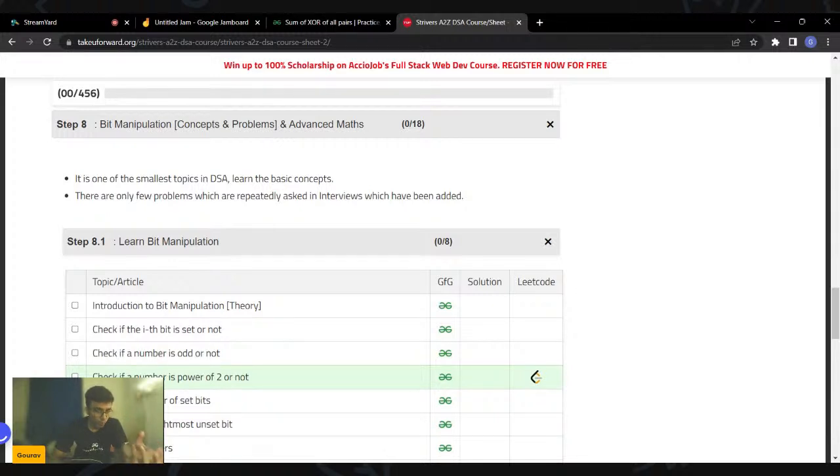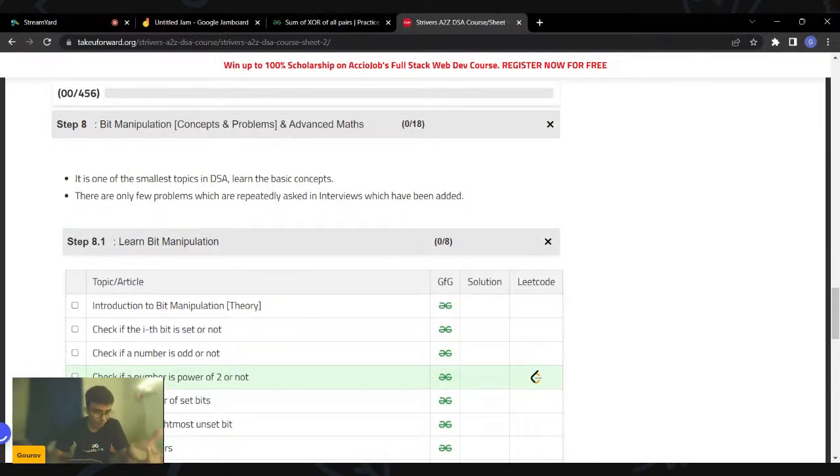In fact, you can also check if a number is a power of 2 or not. All you have to do is do a bitwise AND of that particular number with n minus 1. If n AND n minus 1 is equal to 0, it means that n is a power of 2. Because in a power of 2, the ith bit is set and all the other bits are unset. And in the number which is 1 less than the power of 2, the ith bit is unset and all other bits are set. So when you do an AND of those two numbers, automatically everything becomes 0. So this was about checking if a number is a power of 2 or not.